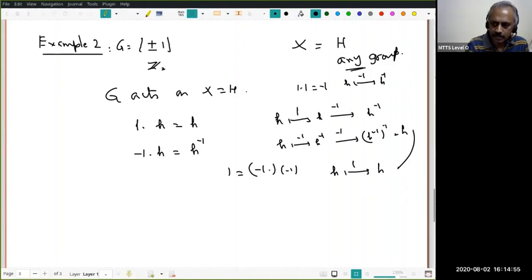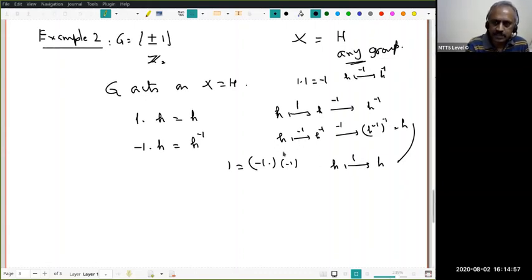Please pay attention. What I have checked is I have defined for two elements. That's not enough. I have to check condition number 1, which is by definition correct. Condition number 2 is, if I have two elements a and b, x going to ax followed by b acting on ax is the same as x going under the action of ba. These two are equal. That's what I have to check. I checked it. Okay.